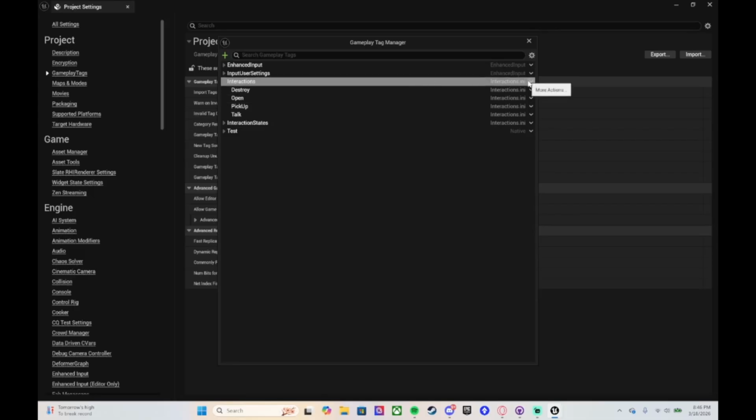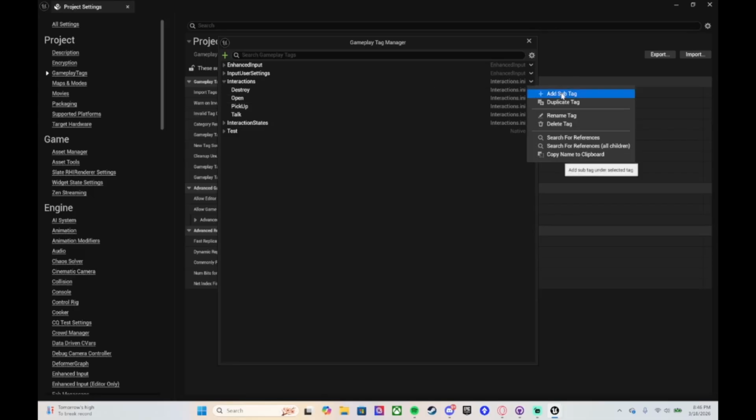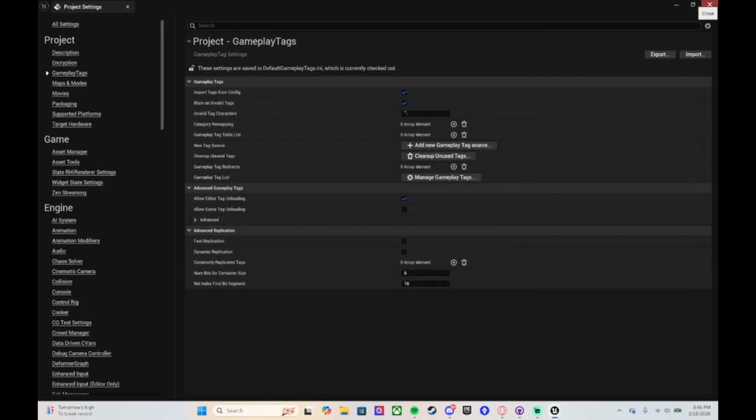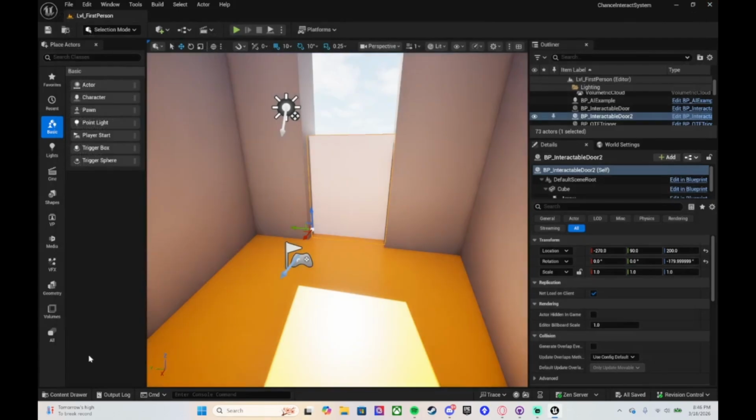But since I am not, I'm going to add a tag, and let's just call it unlock. And now that we have that tag, we can go into the blueprint for the door,